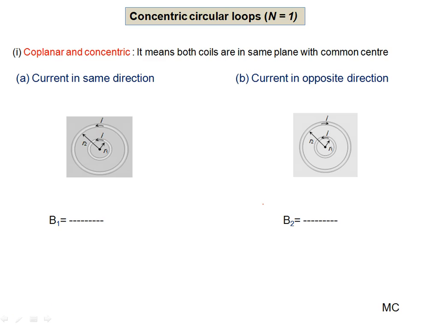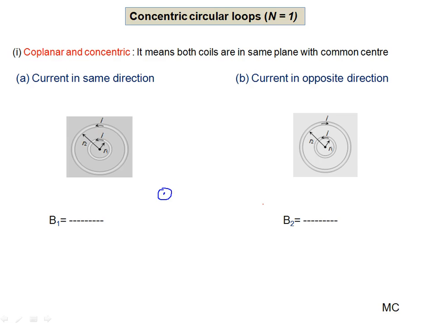Just let me take the pen. Okay. All of you will observe here the current is in the anti-clockwise direction. So if you use the right hand thumb rule, fingers along the direction of flow of current, the thumb is in the outward direction. So due to both the coils, the magnetic field is outward. I hope this is clear to all of you.